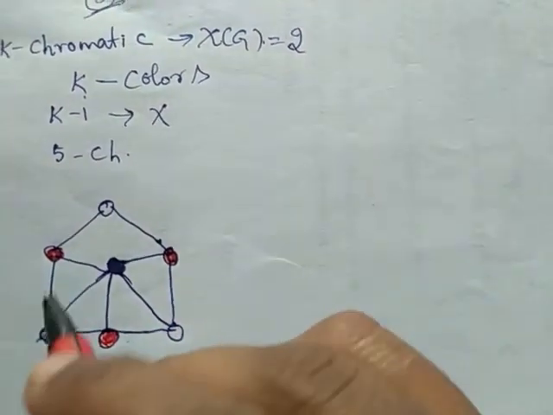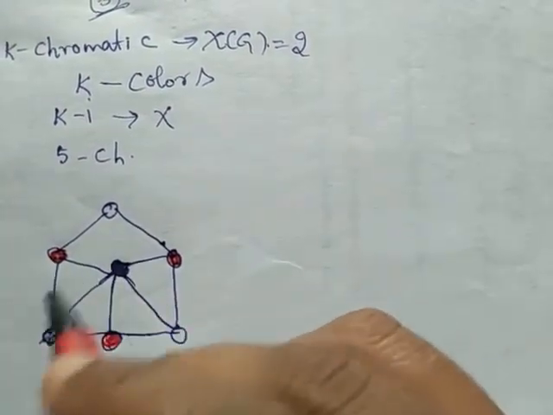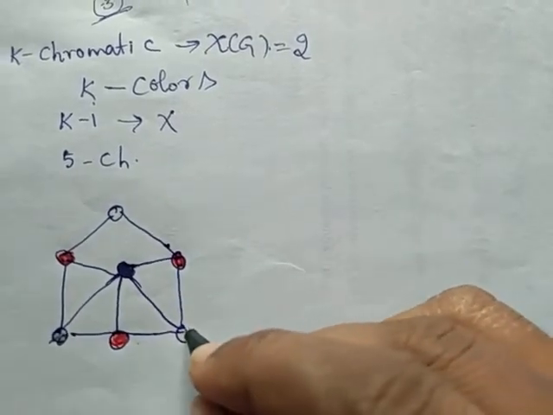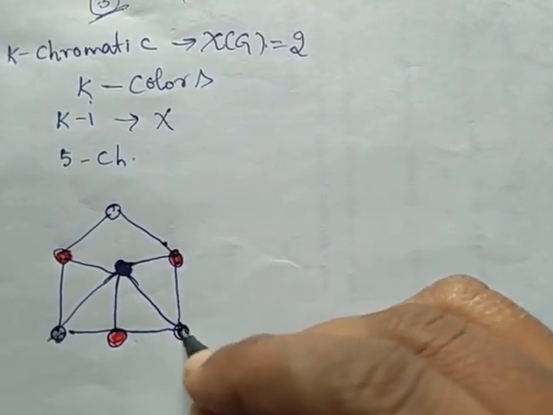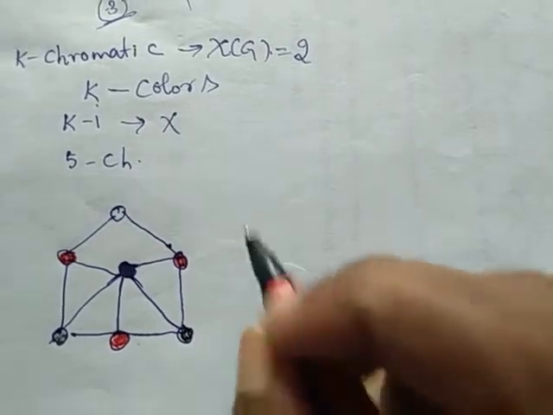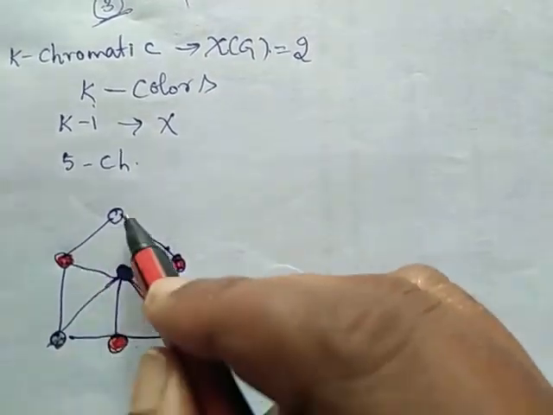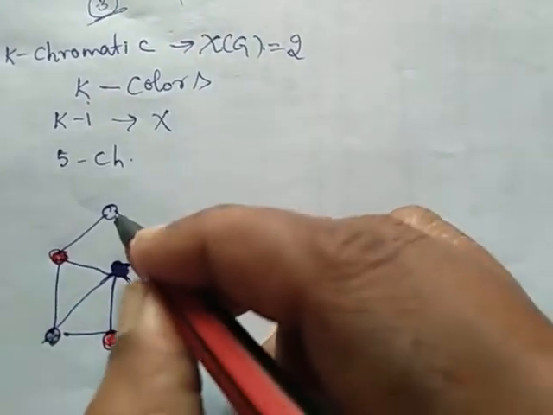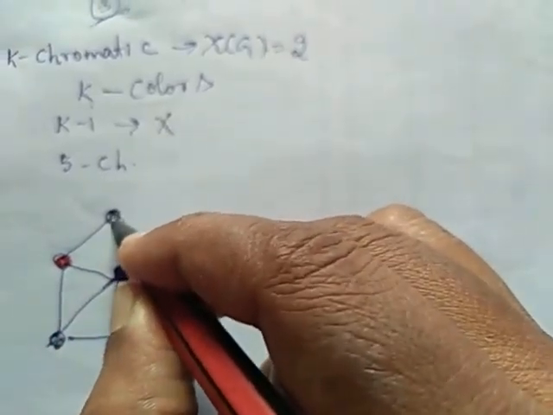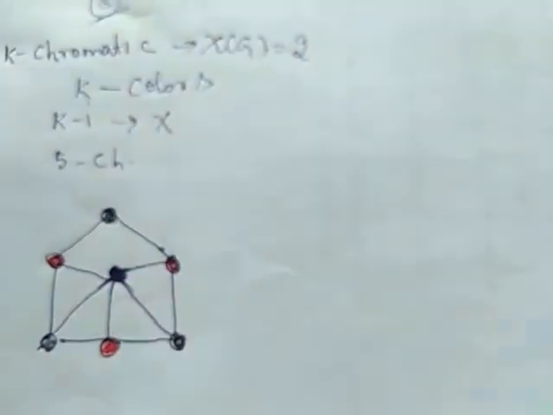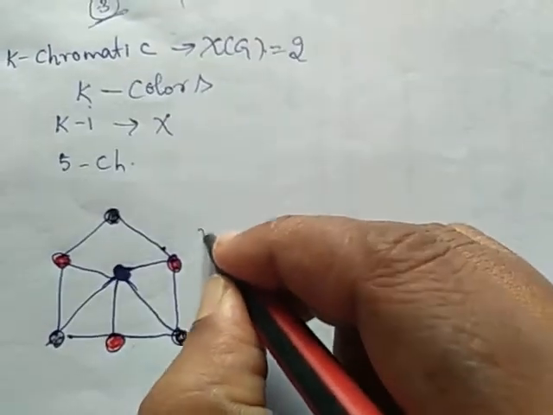This is black. Now, these four are not adjacent to each other. This I will color as black. Now, this also is not adjacent to each other. This one, either I can use blue color, because it is adjacent to red colors, or black color. So, here also I am using 3 colors.